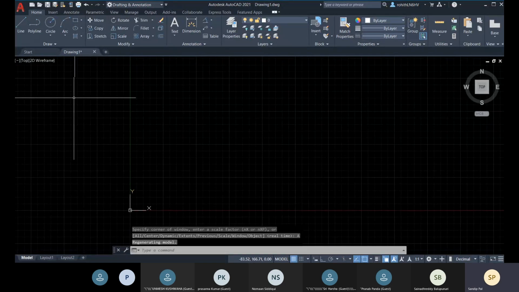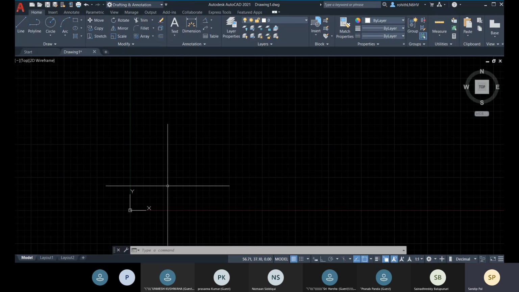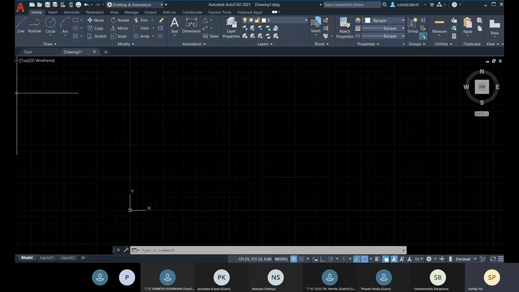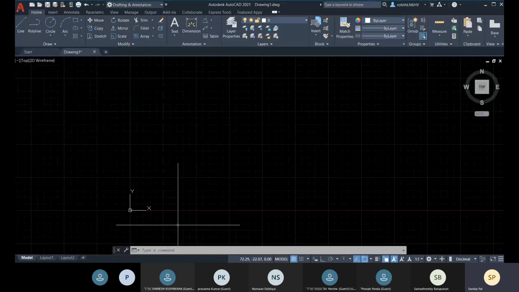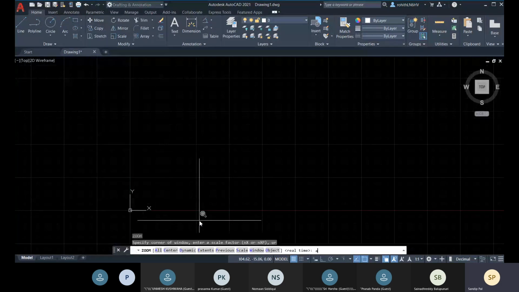That means it will bring the origin within this viewport. Wherever it is, it will bring the origin within this screen. So make sure if you can't see your drawing, even if you have drawn your diagram and you can't see it within this viewport, you can go for Z enter and A enter.